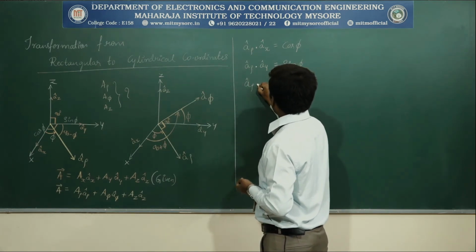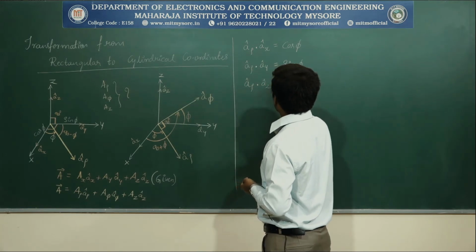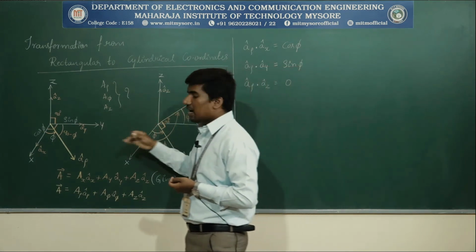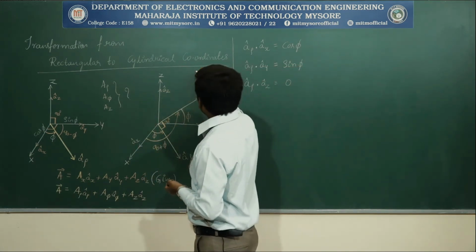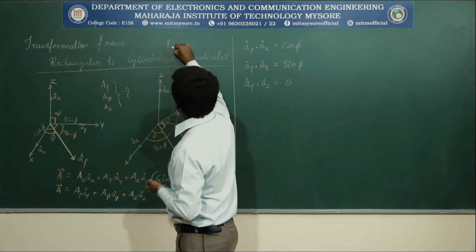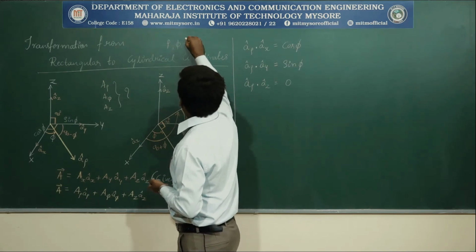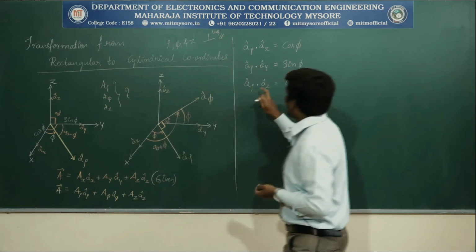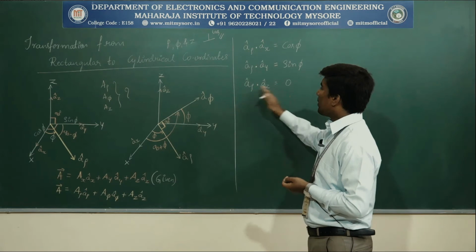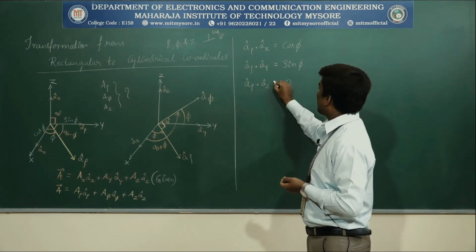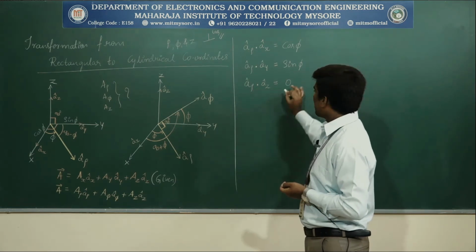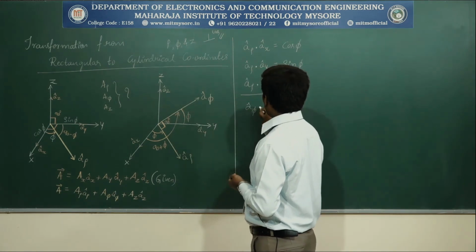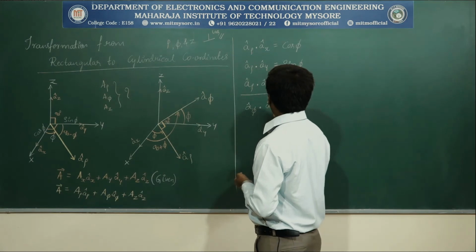A cap rho dot A cap z is equal to what? It is equal to 0, because rho and z are perpendicular to each other. In the cylindrical coordinate system, rho, phi and z are perpendicular to each other. Therefore, the dot product between any two perpendicular components is always equal to 0. This is the result. Now, we need to represent A cap phi in a similar fashion with respect to x,